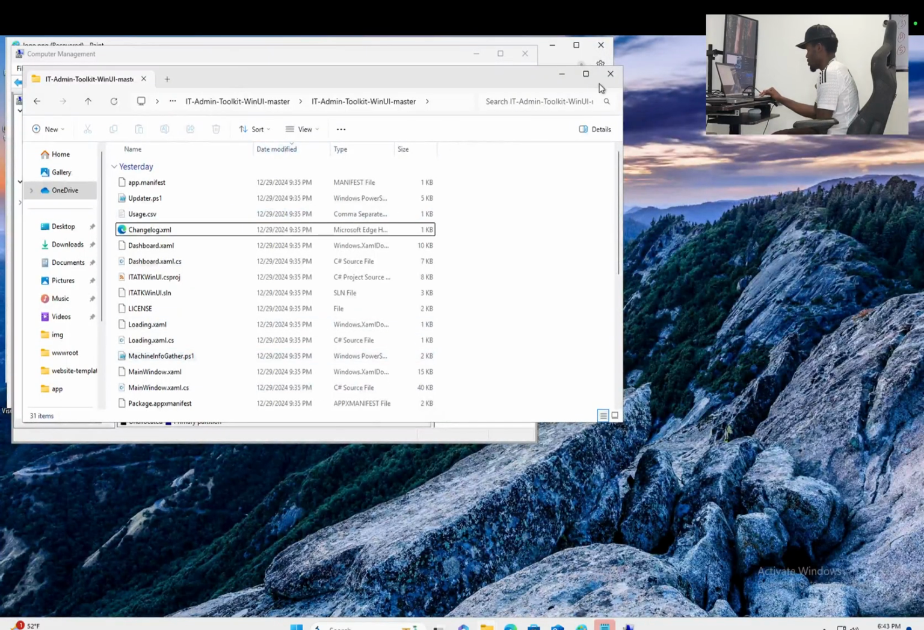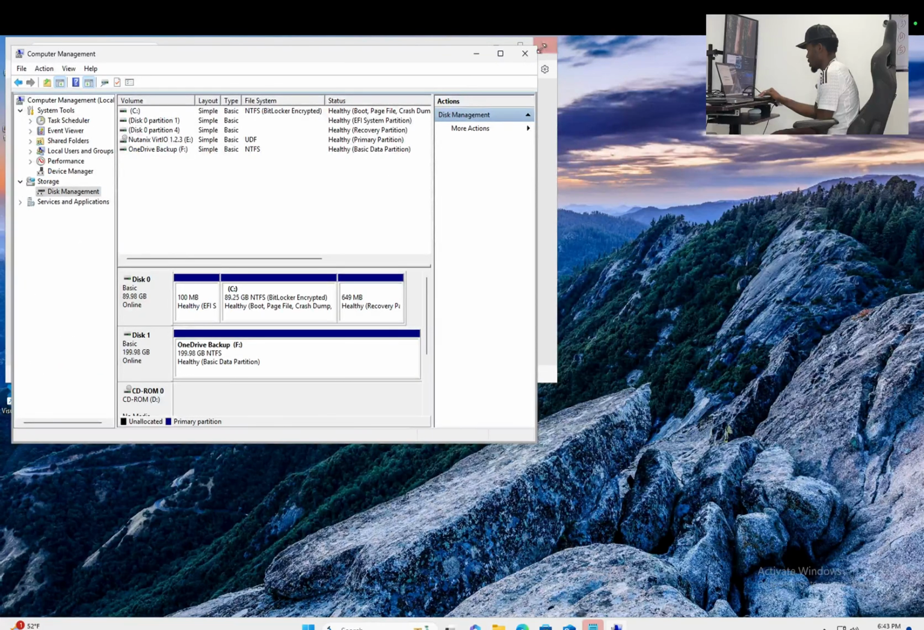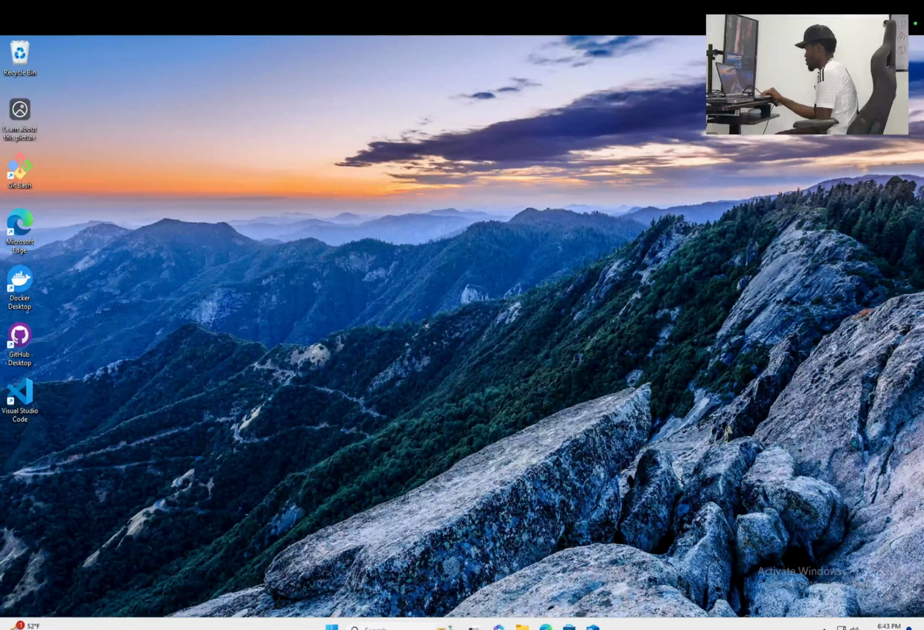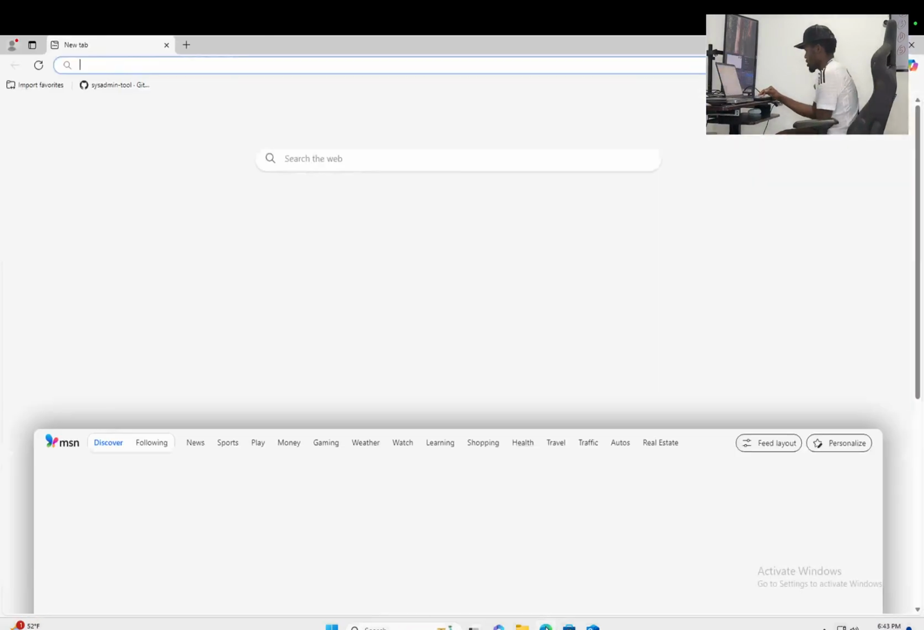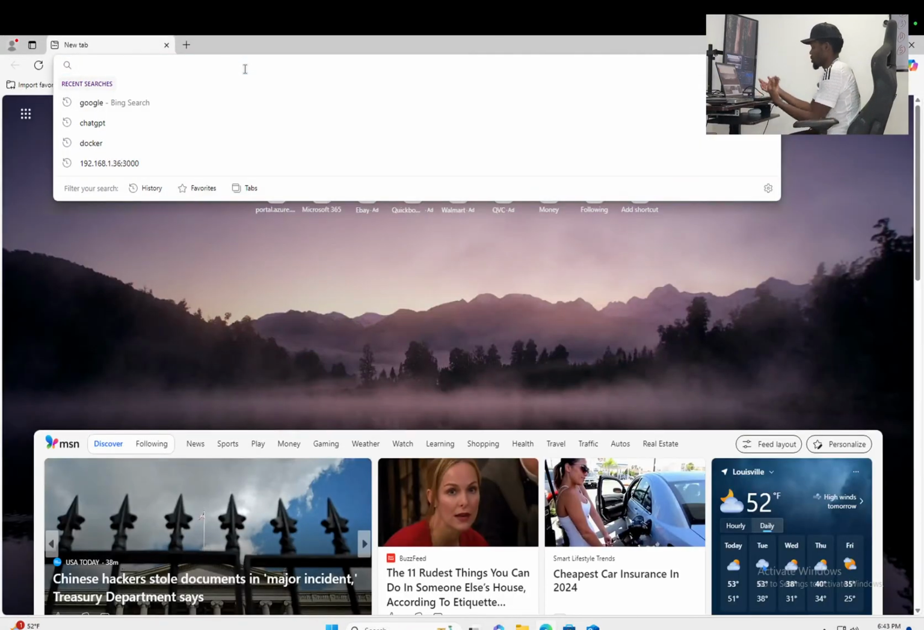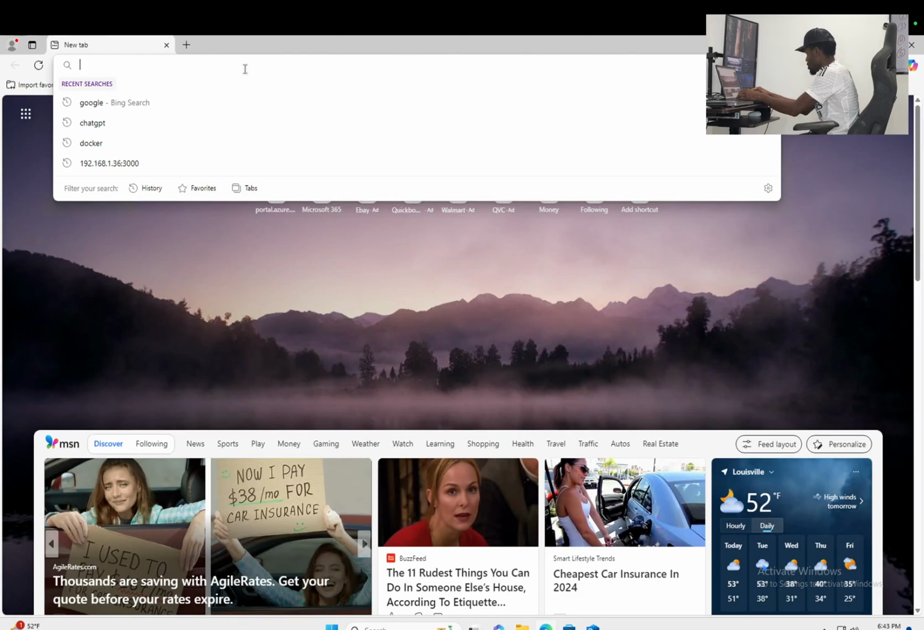So we got a brand new VM over here. We are able to now utilize this for what we're trying to do. So this is a Windows 11 VM running on my Mac. Basically, it is a virtual VM that I created on my hypervisor. So let's go ahead now and actually create